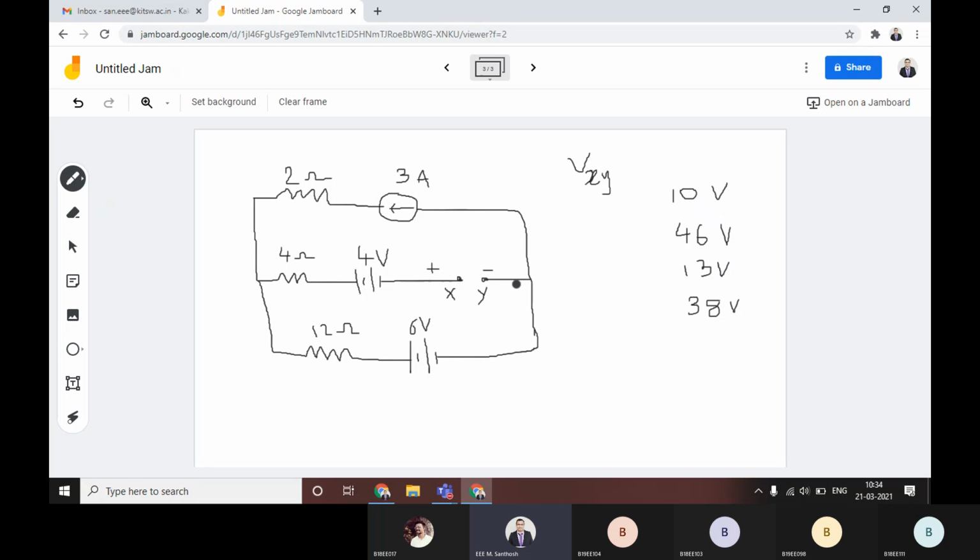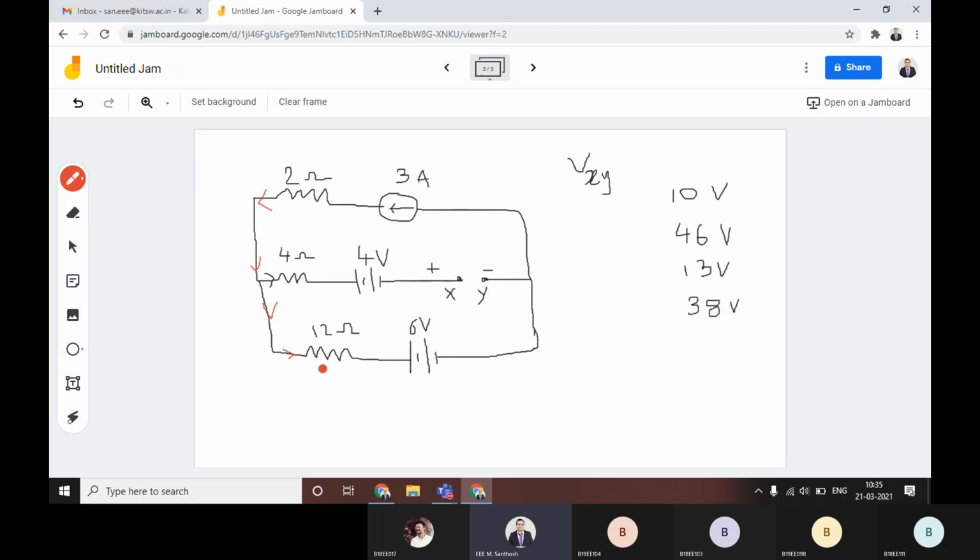How we can solve, we'll see. For example, this is the current source. If the current is coming this way, whether it will go into this branch or this branch? To the third branch, not the second branch. Why? Because if it is going this way, there is no closed path. Here it is an open circuit, right? X, Y terminals are not connected. That means there is no current flow into this circuit. For that reason, the total 3 amperes flowing because of this source will go this way. Directly it will reach here.